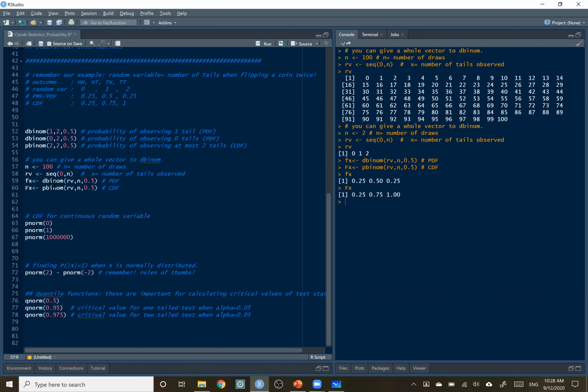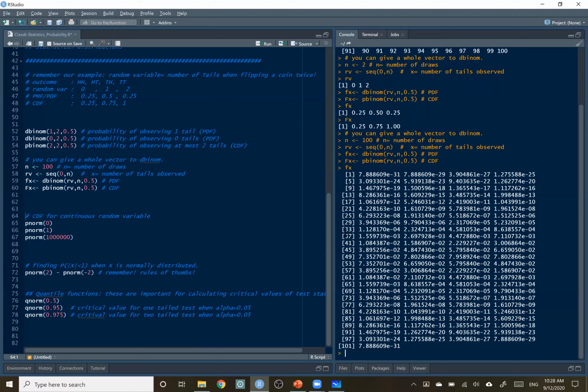So let's do it 100 times. If I do it 100 times, I can look at f and x. So f of x is going to be this, right? Then if you plot this one, you're going to see that it's going to be close to bell shape, or something like that. Not bell shape. These are discrete random variables, right? All right, so